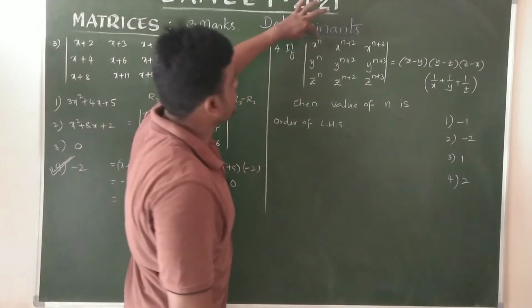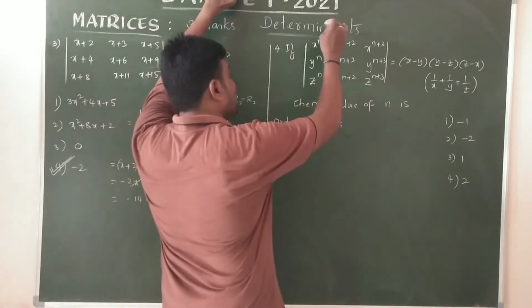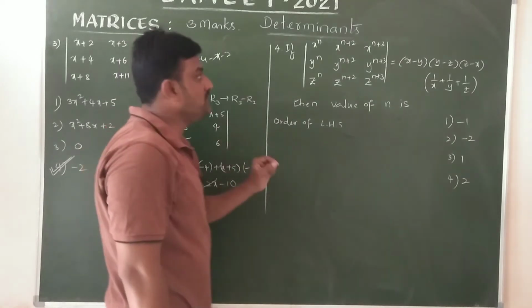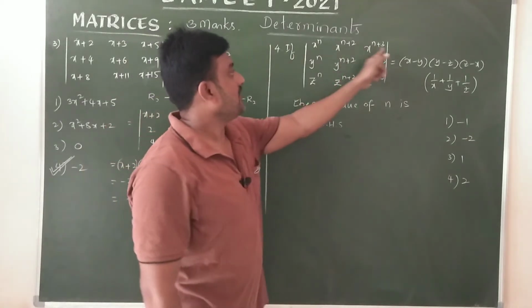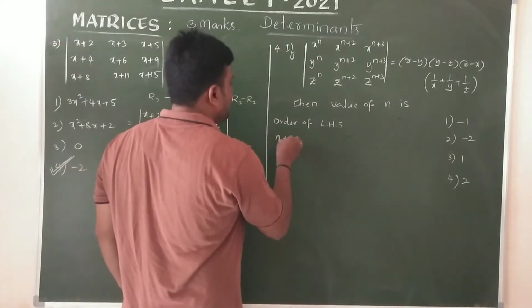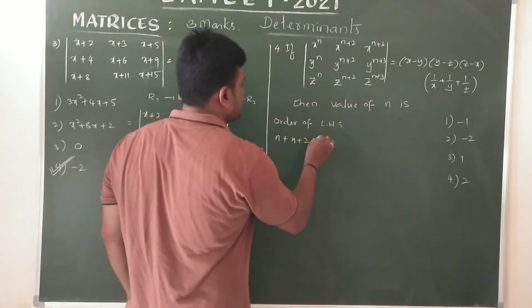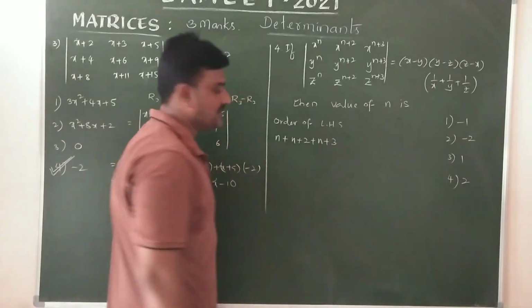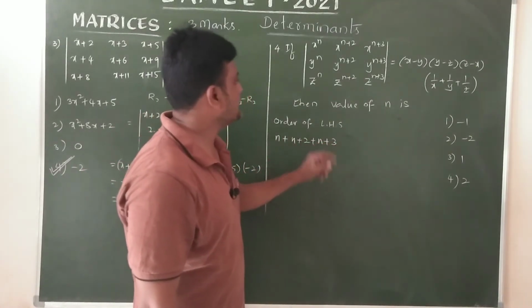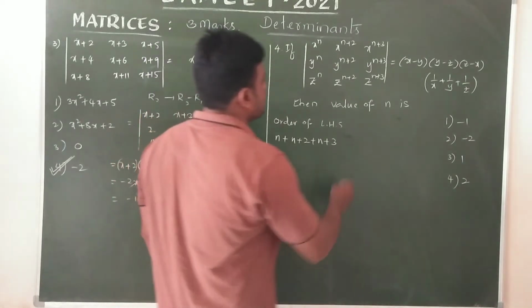Let us observe. We have x^(n+2), x^(n+3). Definitely one time we should multiply all. So here we have n plus 2 plus n plus 3. Okay. N plus 2 plus n plus 3. And also